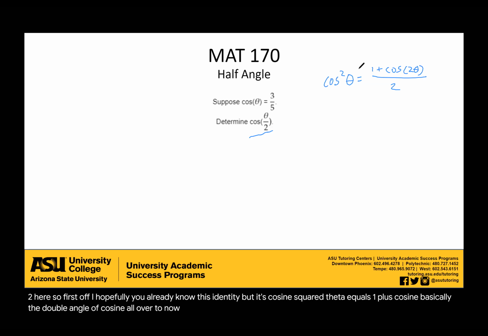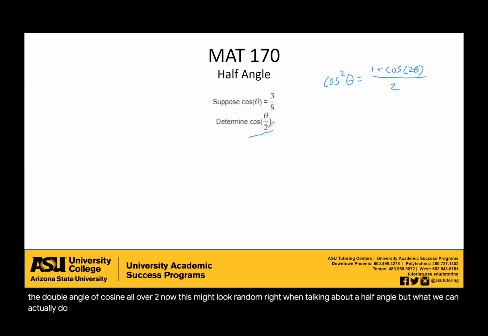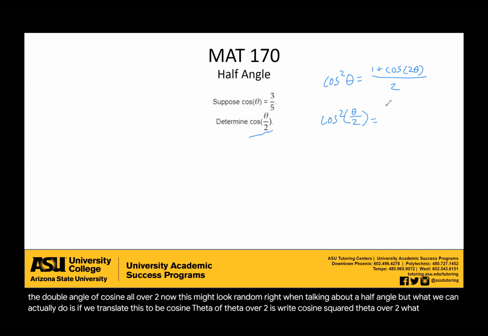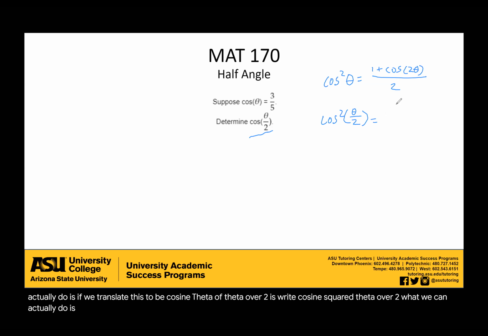Now, this might look random when talking about a half angle, but if we translate this to cosine squared theta over 2, that translates into 1 plus cosine of just regular